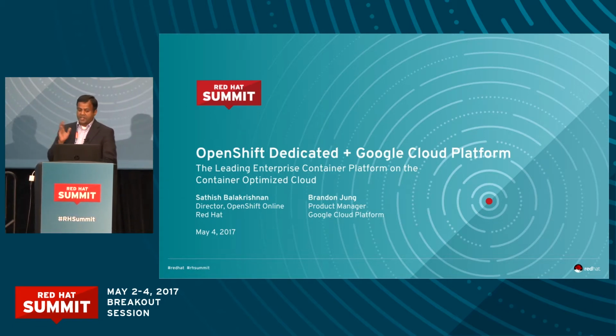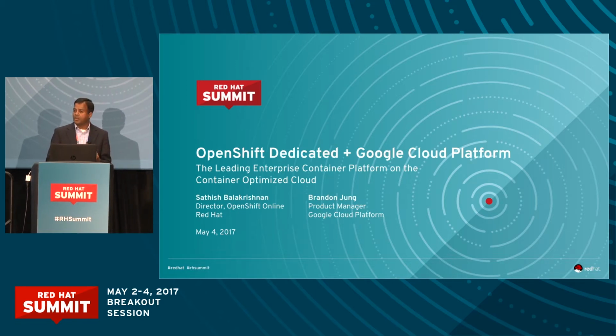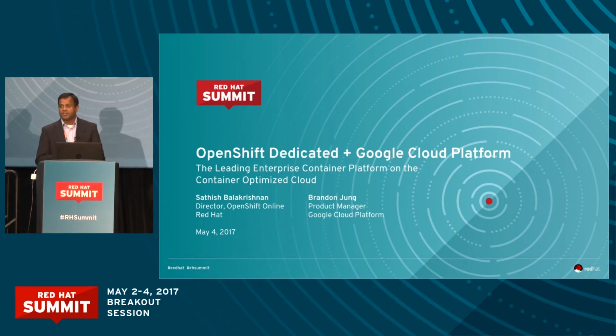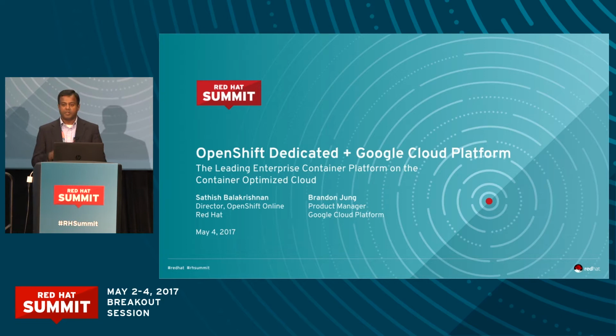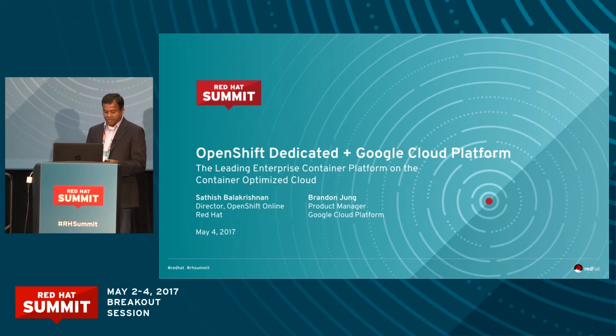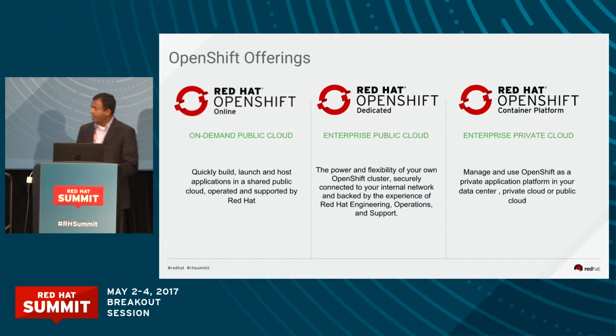So what we'll be doing is talking about OpenShift Dedicated and then talk about Google Cloud. Google's been a great partner of ours for I think 4 years now. We've been running RHEL on Google Cloud for more than 4 years. We've been running OpenShift on it for more than 2 years now, and we launched Dedicated on Google at the end of last year. So I just want to talk about that. So I'll get started here.